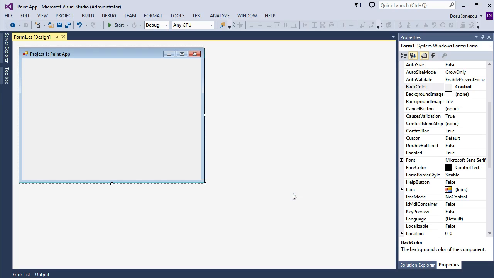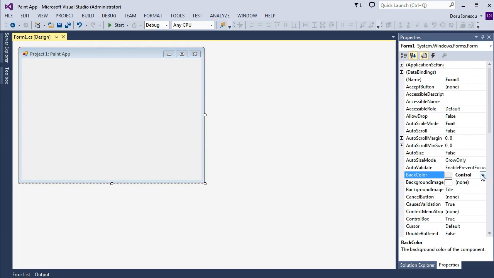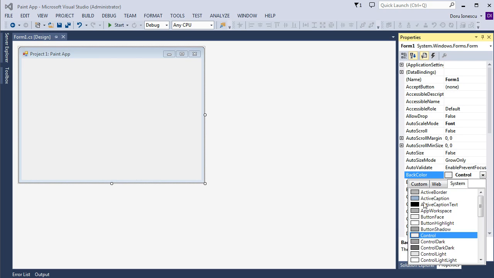Hello! In this lecture, we are making a simple paint application and we explain how three mouse events take place: mouse down, mouse up and mouse move. First, as part of the design, we need to change the background color of the form to white. In order to do that, we go to the Properties panel, search for BackColor and change the control to